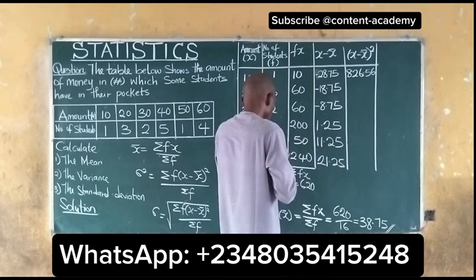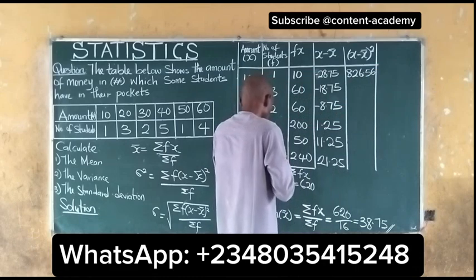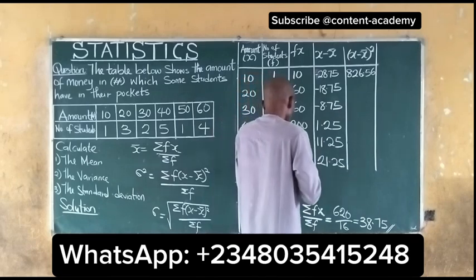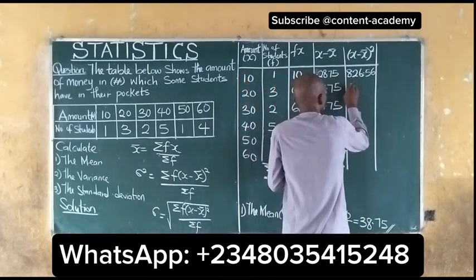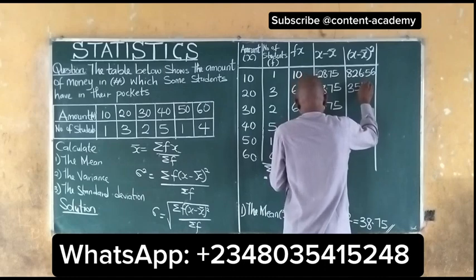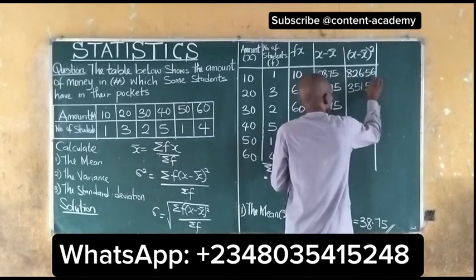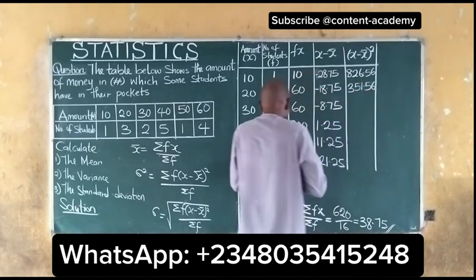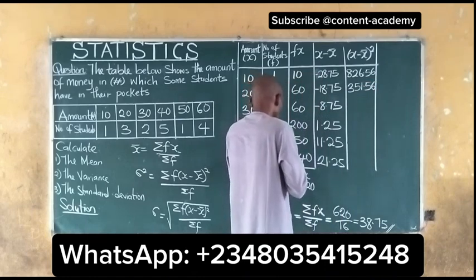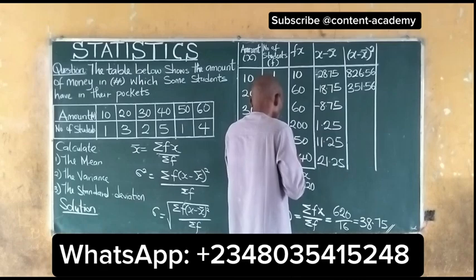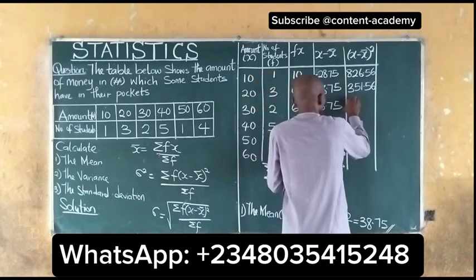Also 18.75 squared is equal to 351.56. We have 8.75 squared, which is